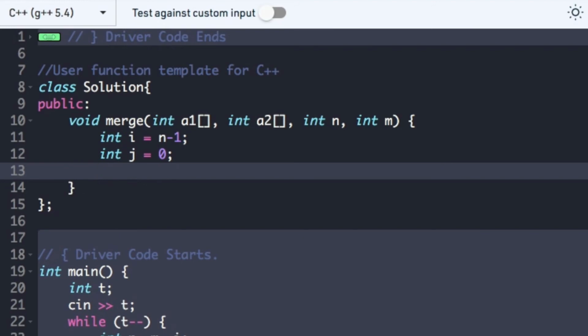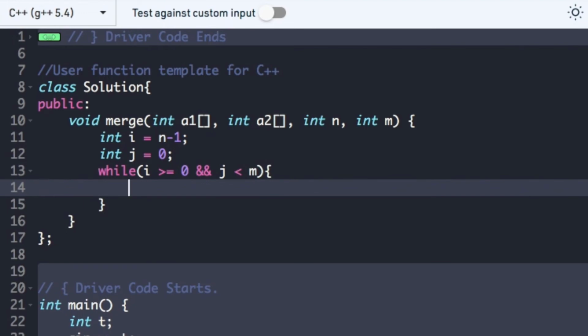Now we insert a while loop with the condition i is greater than or equal to 0 and j is less than m. At each iteration we check whether A1 of i is greater than A2 of j.